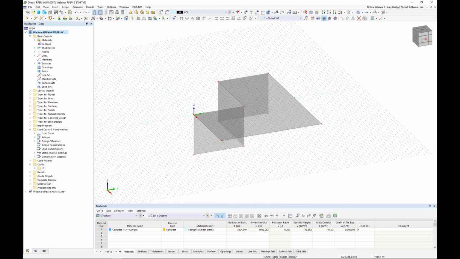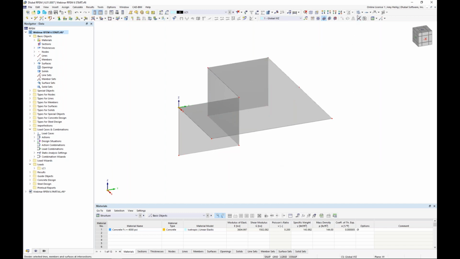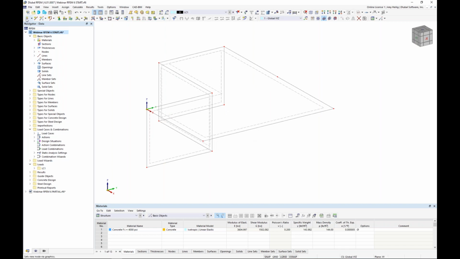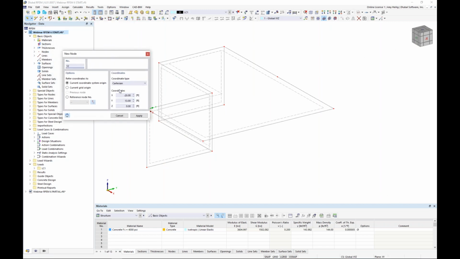So now we want to move on to drawing a few members. So I'll turn off my grid settings here, and let me turn this into wireframe just so it's a little bit easier for you guys to view. I'm going to create some additional nodes where I want those columns to frame into this slab element. So we'll go back to drawing a new node, and I'll input my dimensions manually here of 16.5, 3.5, and 0. I hit enter. I will input my second node of 16.5, 26.5, 0. And my final third node is going to be at 0.5,